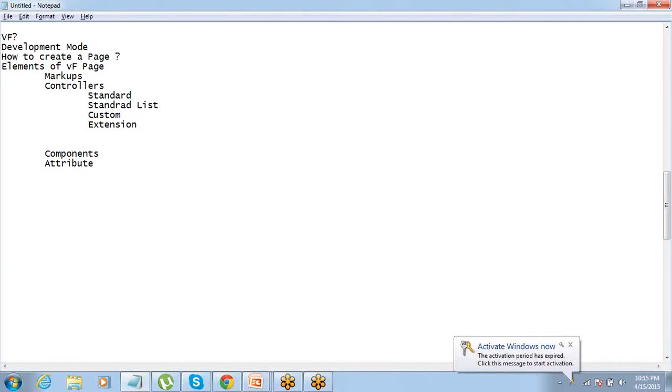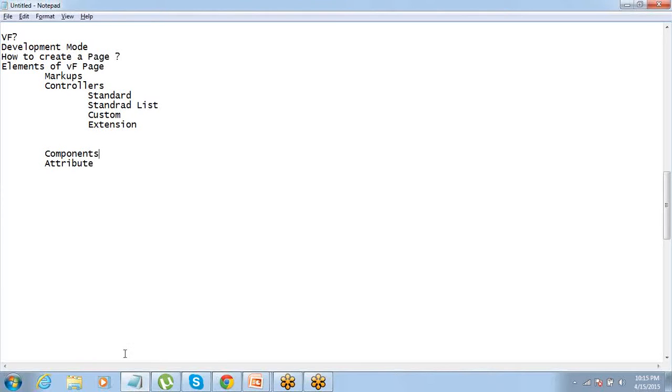So everything that you have on a page is a component, like a table, a button, a form, an input text area, an output text field, a hyperlink, an image, right? Everything is a component. So we have a lot of Visualforce components, as I told you earlier, that Visualforce supports the HTML tags also. So there are a lot of things which can be easily done using HTML tags, and we don't have Visualforce components for them. But there are a lot of Visualforce components that we have.